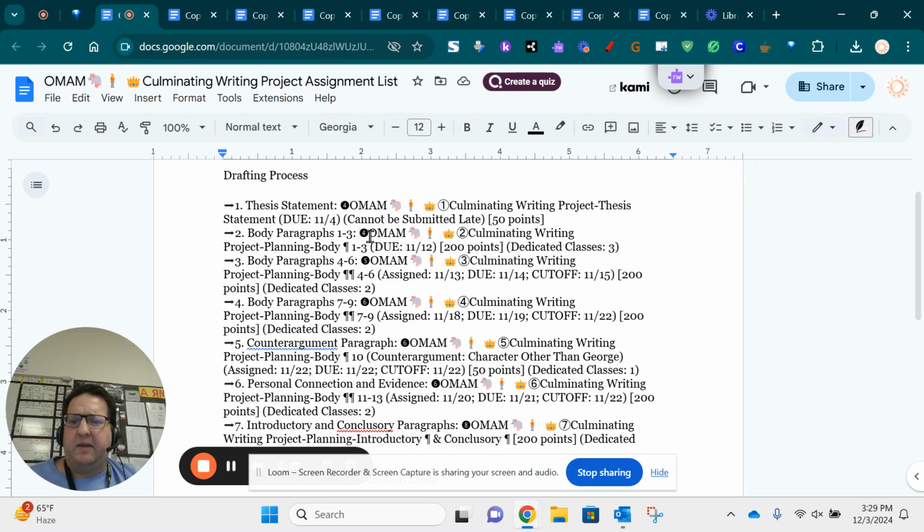You're going to find that in week 4 of the relevant quarter, then week 5, week 6. So you know where to find all of this in Google Classroom, and you'll know what weeks to look for to open up these documents. So I open up all of the documents.